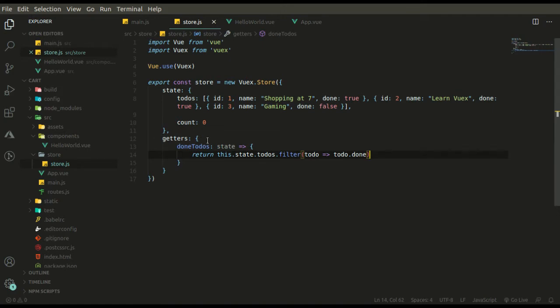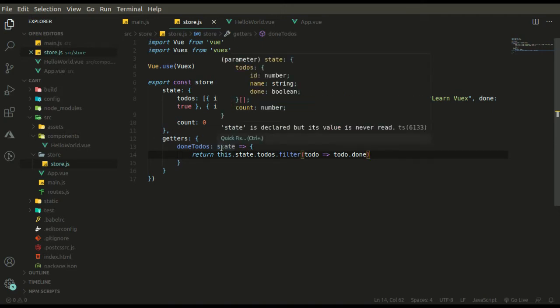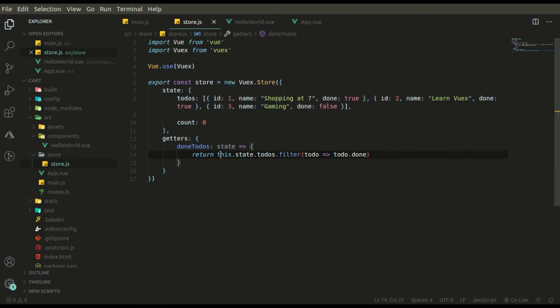Okay, state is declared but its value is never read. Okay, so our doneTodos getter is complete.